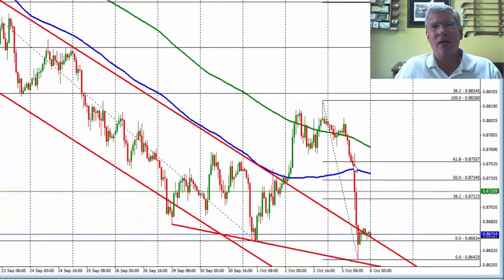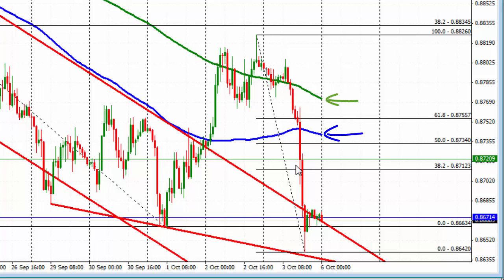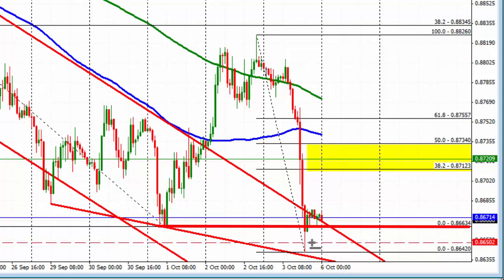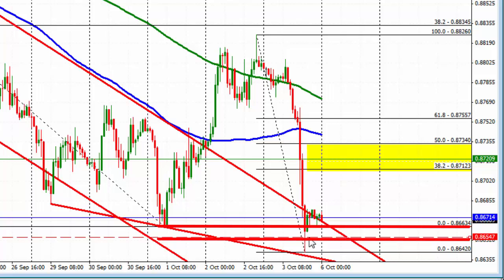Well, the bias remains to the downside. We're below the 100 and 200-hour moving average. We're below the 38.2, 50% retracement of the move down from Friday's high to the low. And as long as we remain below these levels on the top side, one might argue that the bias remains to the downside. But the fact that we are back above the prior lows going back to Wednesday's trade, after breaking through that low level and also moving below the low price for this year at around the 53 level, and not being able to sustain the move to the downside,